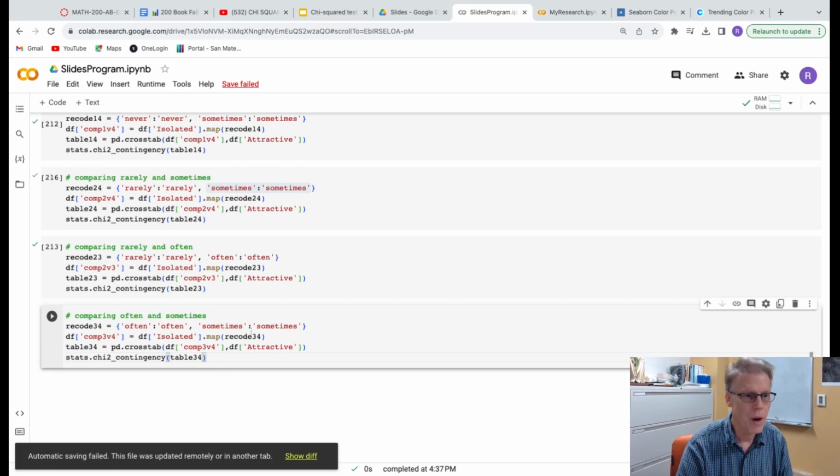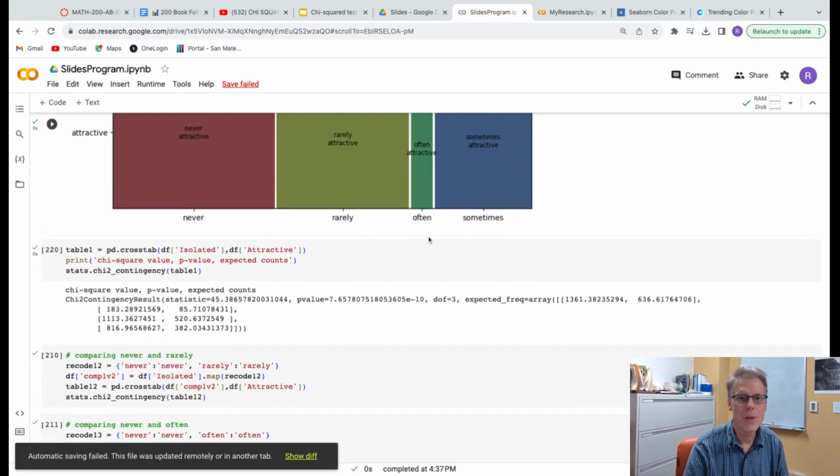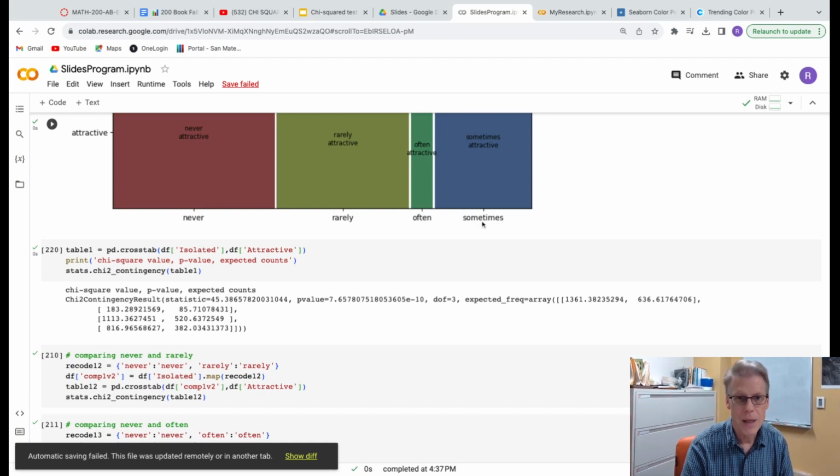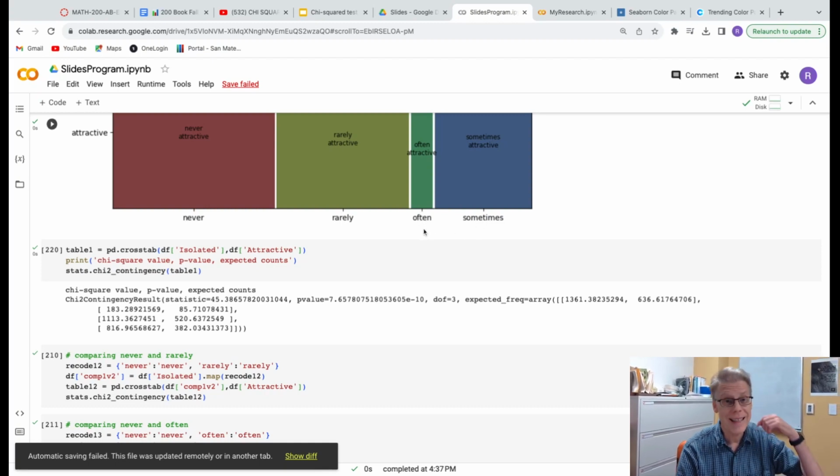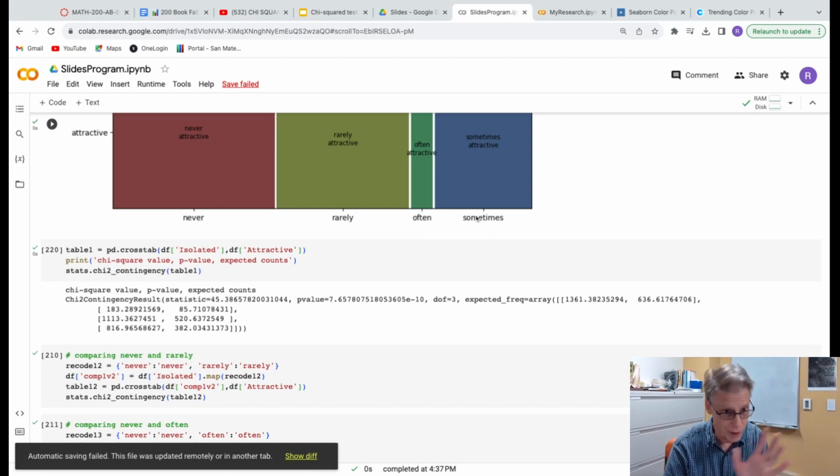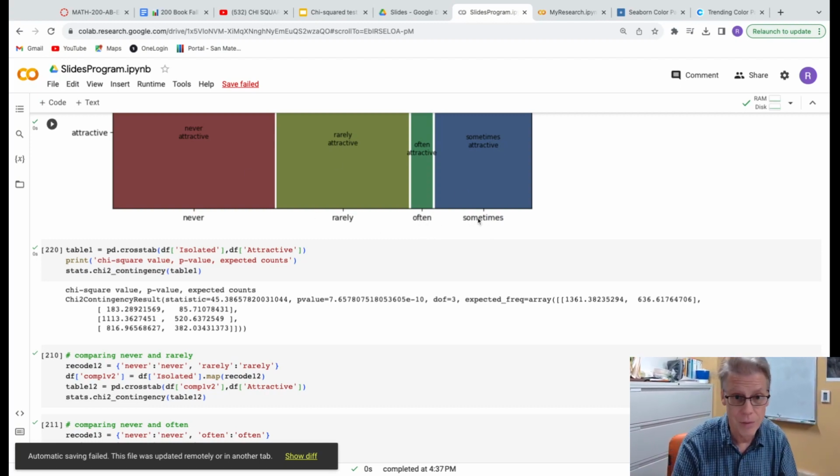Okay, so to summarize what I've done here, I'm doing this comparison with category 3 together with category 4. Note that they were not coded originally in the code book as 3 and 4. It's just looking at here, this is the third category and this is the fourth category.